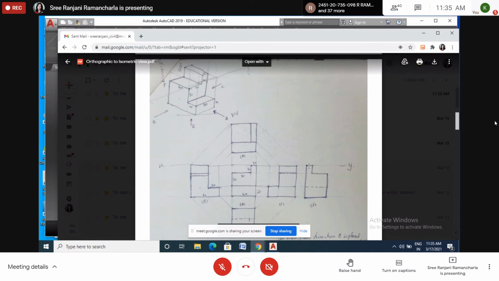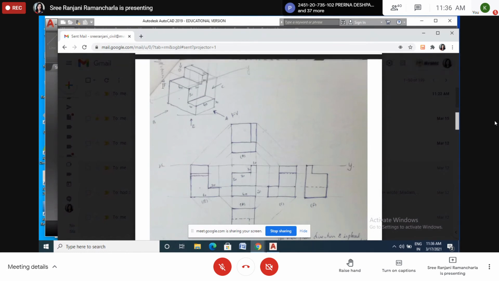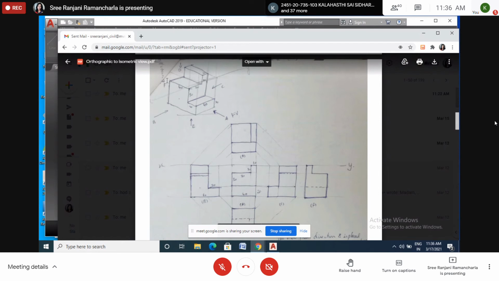So it will be, this is touching. Just imagine here this view. If you draw the line like this, and you open the continuation with the C view, it will be like this. So this dotted line is the line. This one is the dotted line. This edge is not seen directly. So from this side, we have to draw the dotted line here.